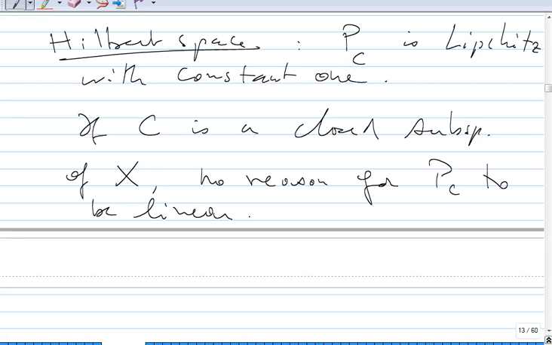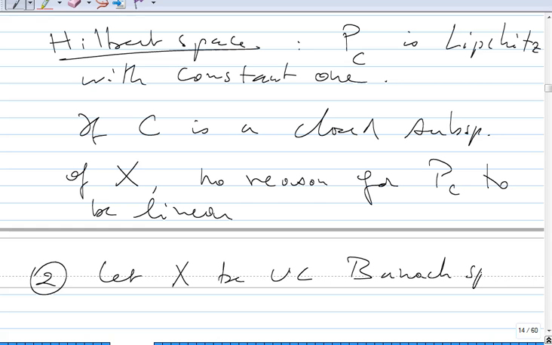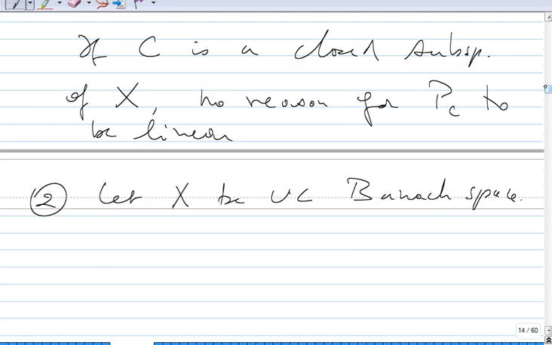So this is property number 1, the proximality. Property number 2 is very beautiful. Okay, this is nice. Let X be a uniformly convex Banach space. Then,